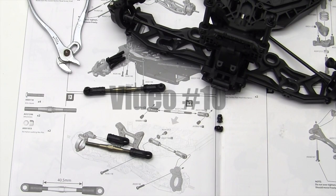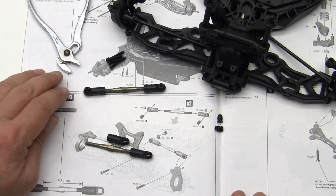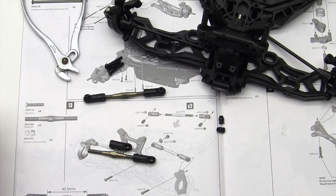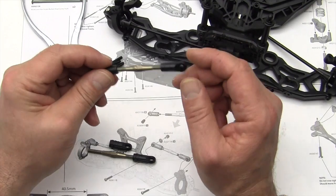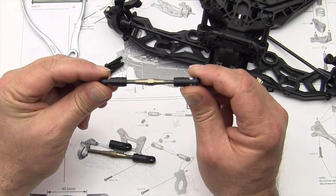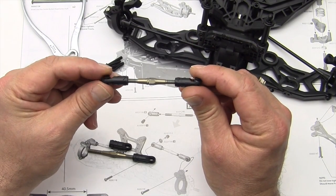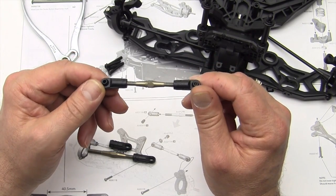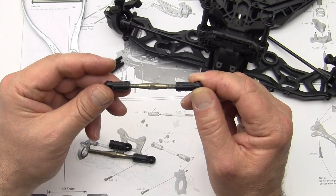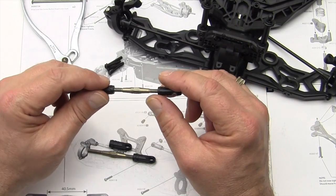Okay, step number 13. We are going to assemble and install the toroids, or tie rods, or tomato, your choice on how you pronounce it. But this is the finished product, and we'll guide you through how we came about that. You're going to use, there's 4